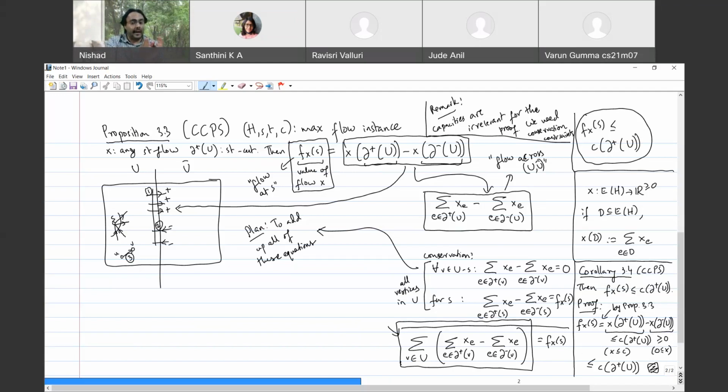The first type of arcs will survive because they are being added but they are never being subtracted. And the second type of arcs will survive in the sense that they will be subtracted but they will never be added. Right? So it is clear that this is exactly the left hand side of what we are trying to establish. Right? So essentially,